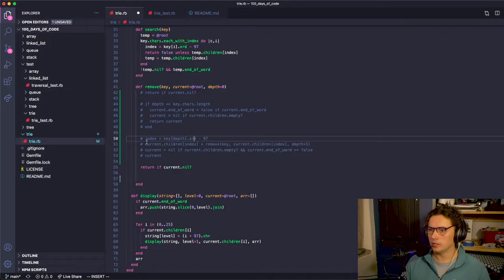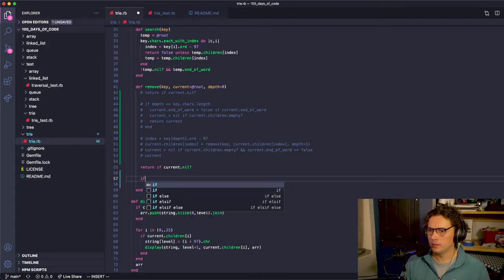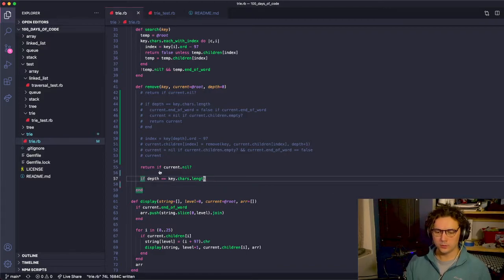Otherwise, find the index and call it recursively. Awesome. If depth equals key dot, here's that length. Actually, I wonder if